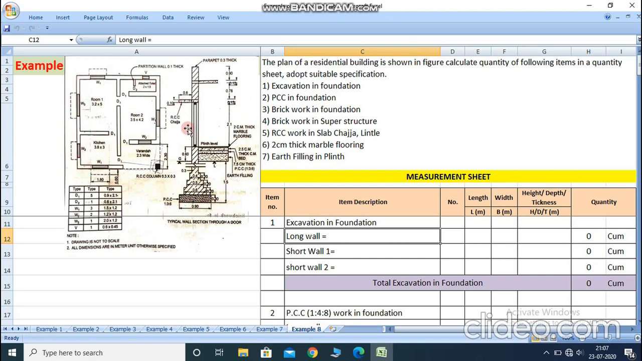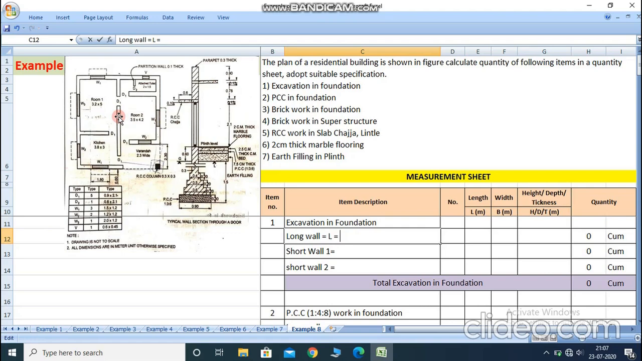So first we calculate the long wall length. Here this wall is considered as the long wall, this wall is considered as short wall 1, and this wall is considered as short wall 2. Clear? So we start with the long wall length, L is equal to